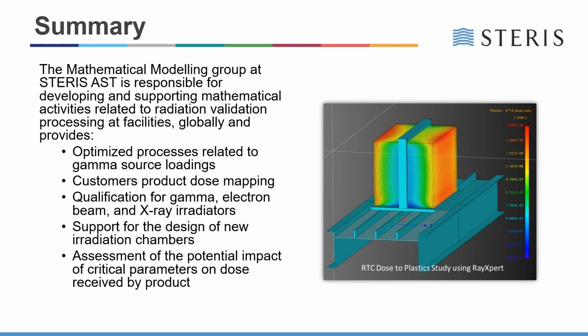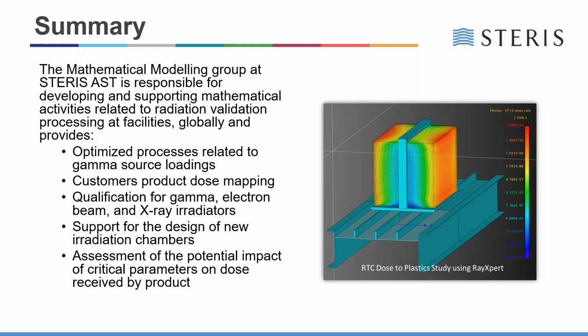Now, the mathematical modeling group at STERIS is responsible for developing and supporting mathematical activities related to radiation validation processing facilities globally. And it provides, as we can see here, optimized processes related to gamma source loadings, customer product dose mapping, qualification for gamma, electron beam and X-ray irradiators, support for the design of new irradiation chambers, and the assessment of the potential impact of critical parameters on dose